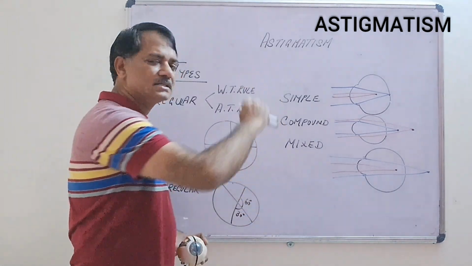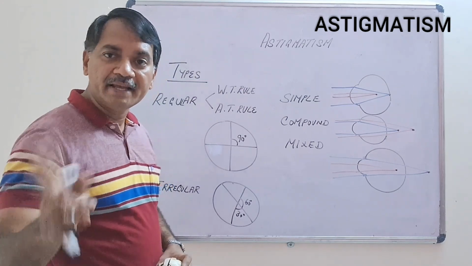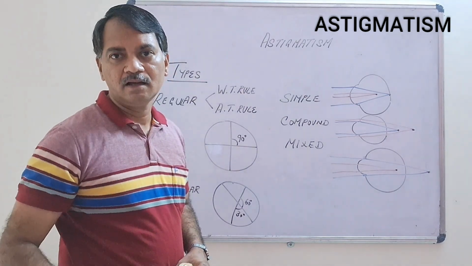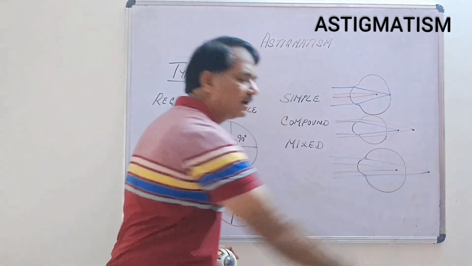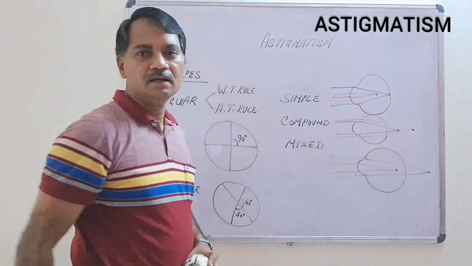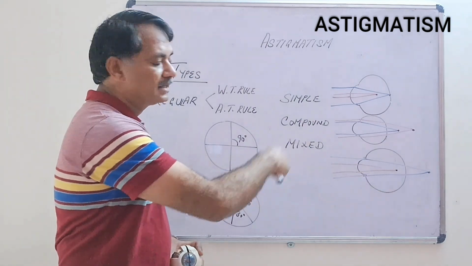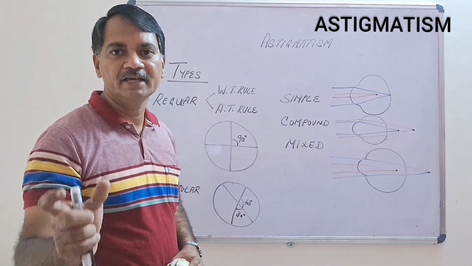Coming to the mixed astigmatism. Here, both the meridians are not friendly. They do not go with each other. One meridian gets focused behind the retina, another meridian gets focused in front of the retina. So, one is hypermetropic, another is myopic. So, this is called mixed astigmatism. We have both